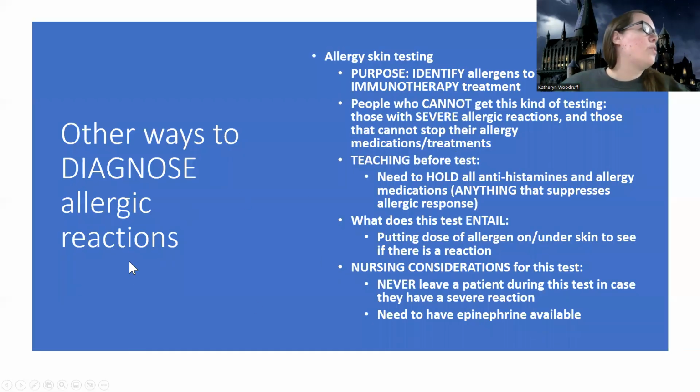All right. So one thing that we do need to talk about when it comes to allergic reaction is, is there any way to diagnose allergic reactions? So one way to diagnose allergic reactions is what's called allergy skin testing. Because, sometimes, of course, a person can have a reaction to something and maybe we're not able to catch what they're allergic to. So it really helps to have a way to be able to see what does a patient have that might potentially